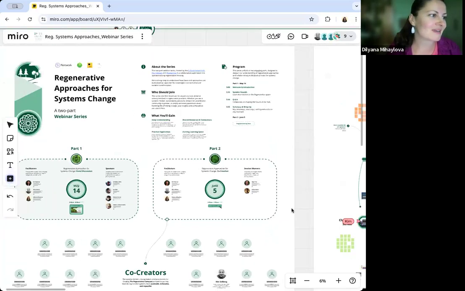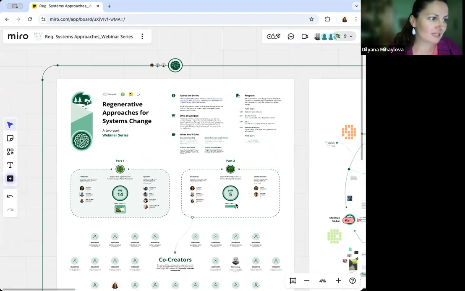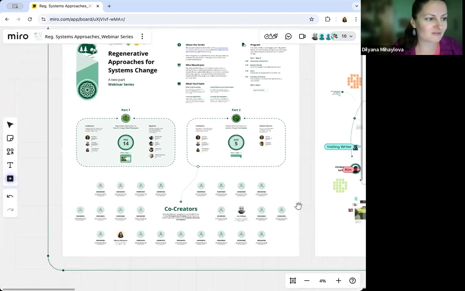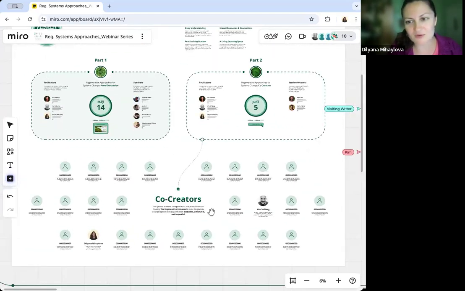No pressure at all. So the purpose of this session really is to co-create a regenerative approaches compass. This will become a lot more clear as we go through some of these sessions. But at the end, I really want to emphasize that everyone is welcome to add their bio and their photos here if you want to be fully acknowledged as a co-creator in this space. This would all remain open source. It would remain on the Miro board. If you feel comfortable to acknowledge your contributions, please come back to this and add your information here.